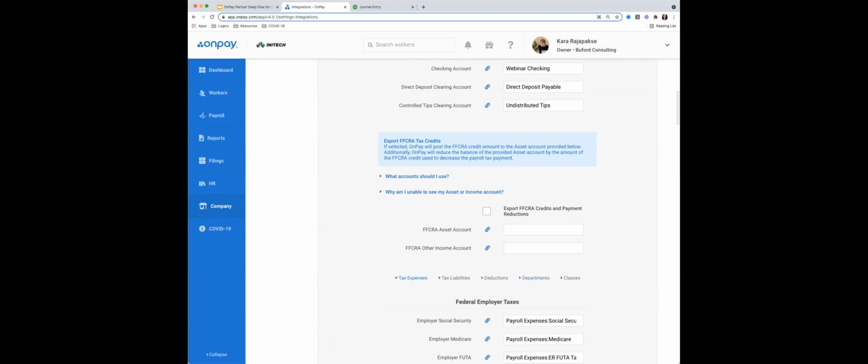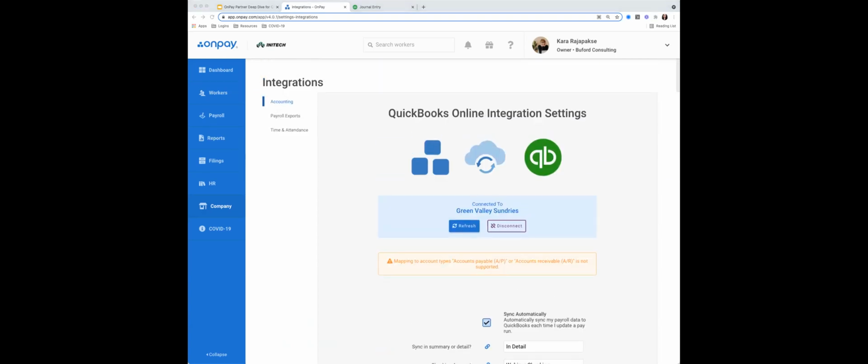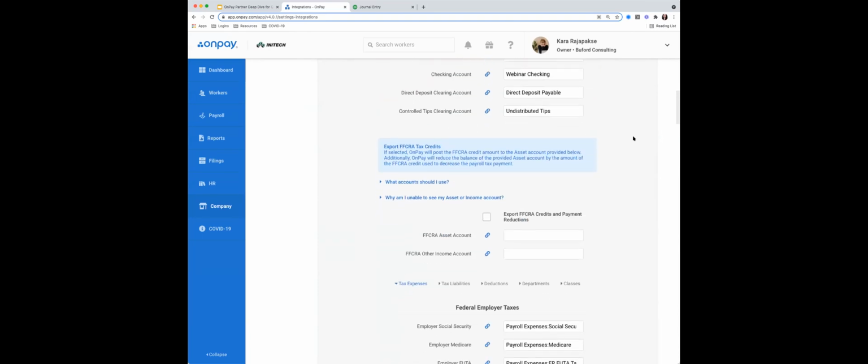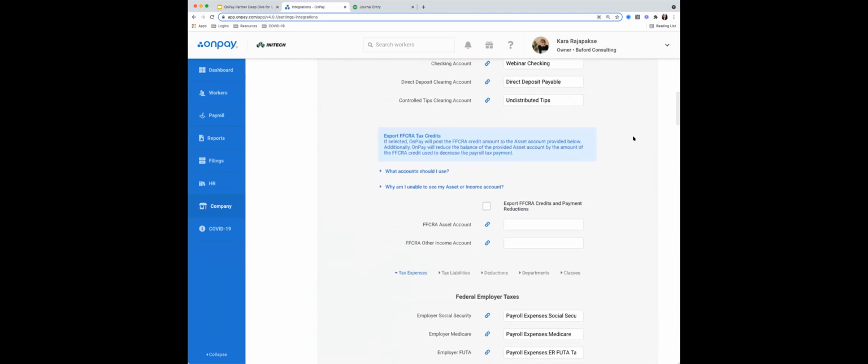Yeah. So the only thing I would add, if it's just 1 employee, we are working towards that, as Kara mentioned, and it's something that we hope to have in the not too far off future. So the other workaround is that if just 1 or 2 employees needed to do that, you could add a split in the journal entry once it goes into QuickBooks, and then split it that way. Since most of the entries are being made for you, if it's just adding a line, that's pretty easy. Again, if it was a lot of employees, then maybe that's not a great fit for OnPay right now, but keep us in mind in the future.